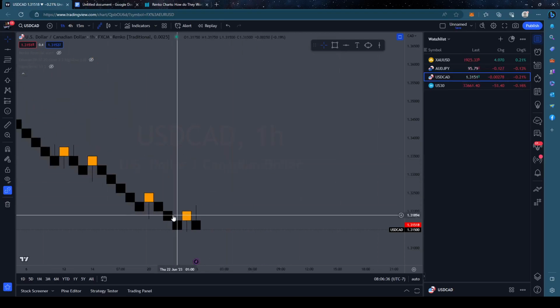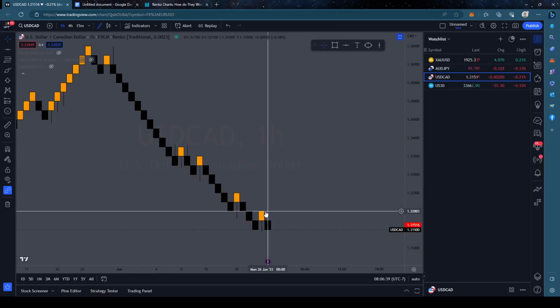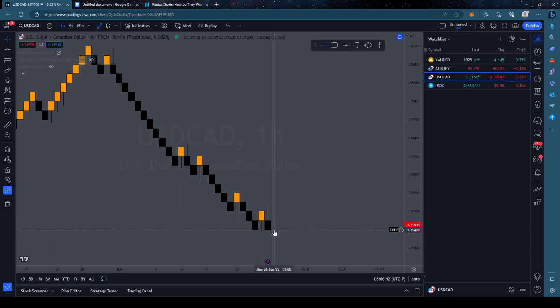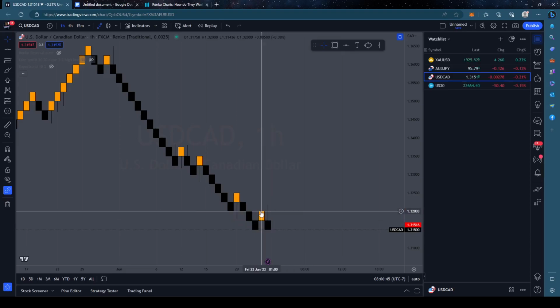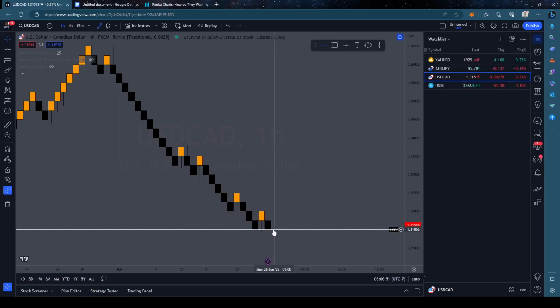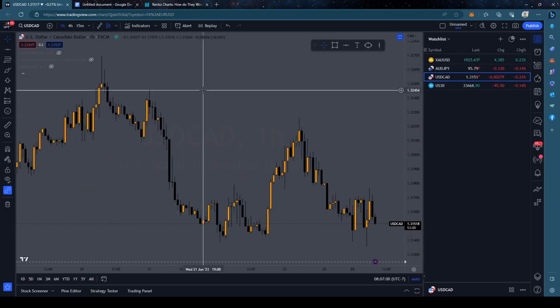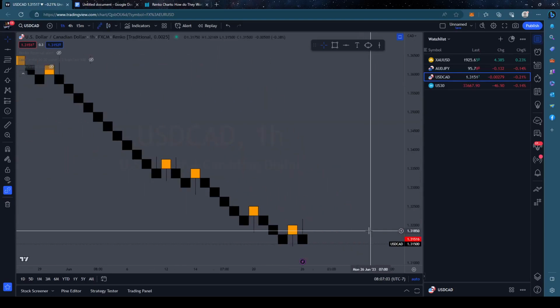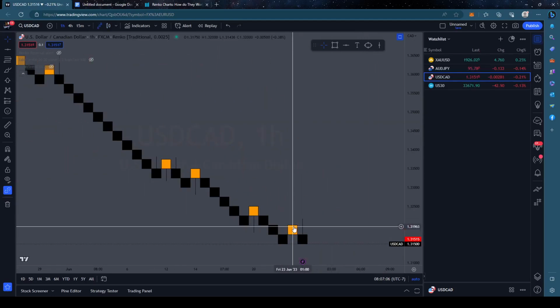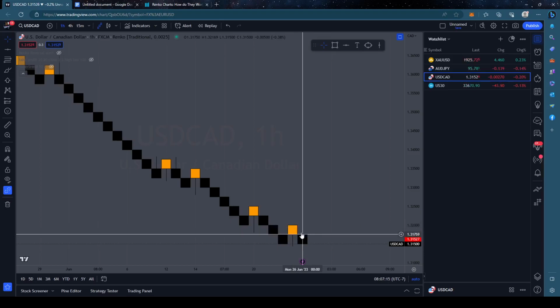So a brick flips because price has gone 60 pips in the opposite direction. In order for it to go from one price to another price, it needs to go 60, and since we're on the 1 hour time frame, it needs to close on the 1 hour candle chart. Now I don't trade the 1 hour candle chart, but it is what actually closes these new bricks. So for this example, let's go to this brick, and I'll show you why it closed a sell formation. Let's put a horizontal line